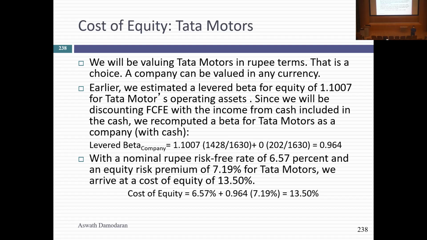So if you're valuing a Turkish company, you don't have to value it in lira. You can value in euros, but you have to stay consistent. Here I'm going to value it in rupees. So I start with the risk-free rate in rupees. I know you don't remember it, but that's the Indian government bond rate with the Indian default spread netted out from 6.57%, beta 0.964, and the equity risk premium for Tata Motors reflects where they do business. It's exactly the same number we used earlier on as our hurdle rate. Now it will become the cost of equity that I used for Tata Motors, 13.5.